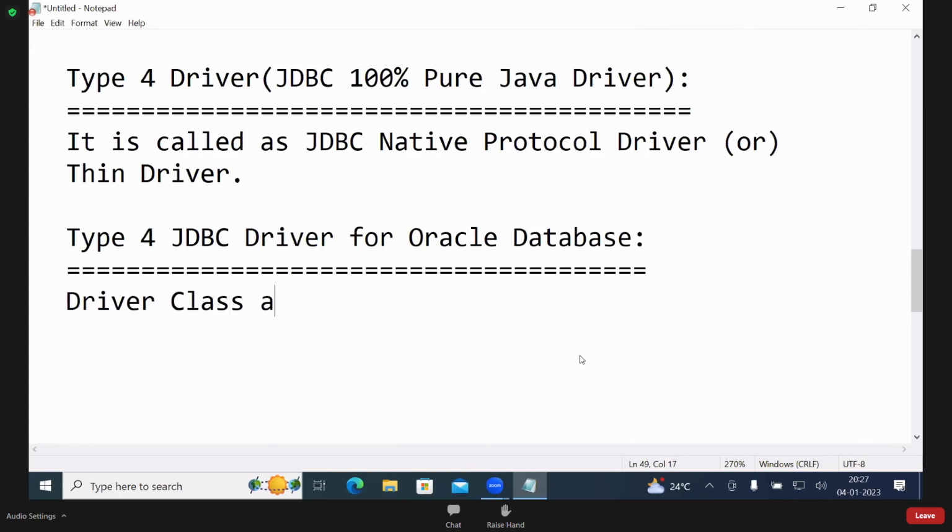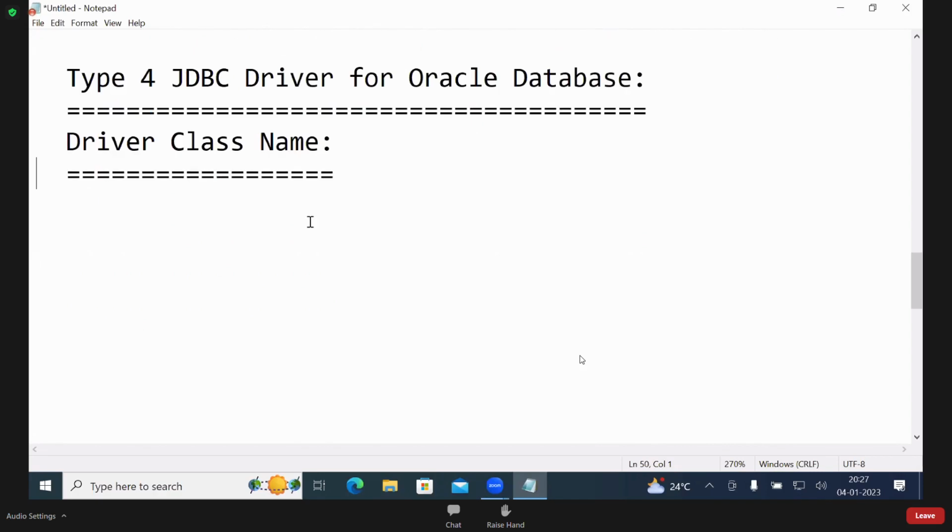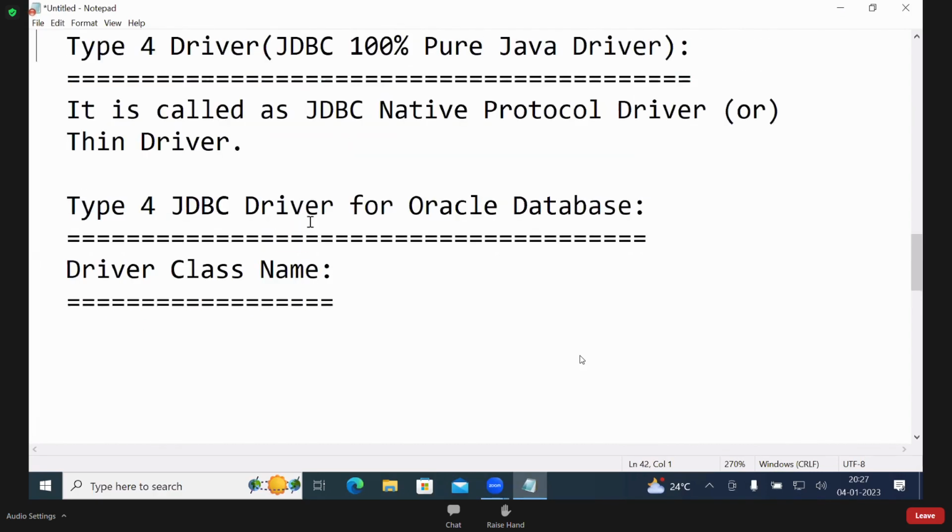Driver class name: oracle.jdbc.driver.OracleDriver. The class name is the same, but the internal implementation is different. I'll explain.